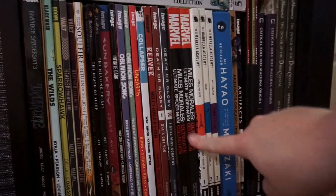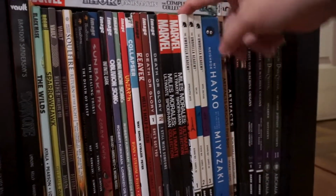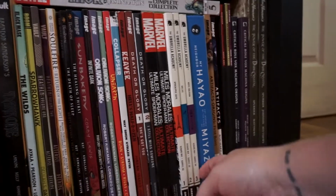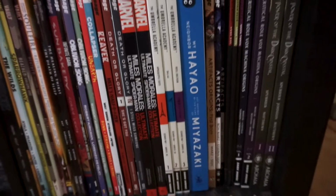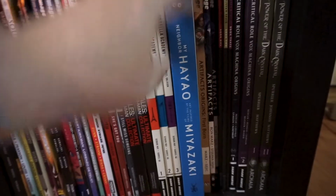Miles Morales, Ultimate Spider-Man, 1 and 2, which I bought used. The Umbrella Academy, 1 through 3, bought them used. We have this... Oh, Jesus Christ. Being on the floor sucks. We have this art book of Miyazaki stuff, which is really cool. It's like a bunch of...